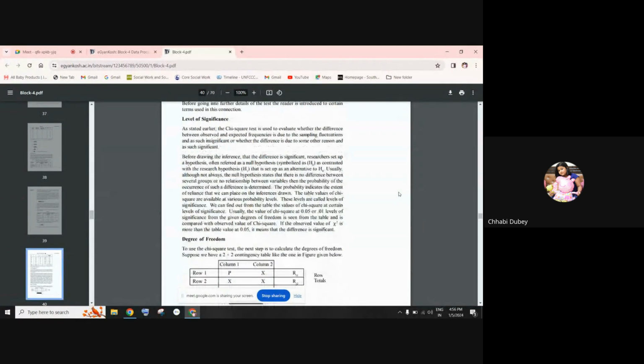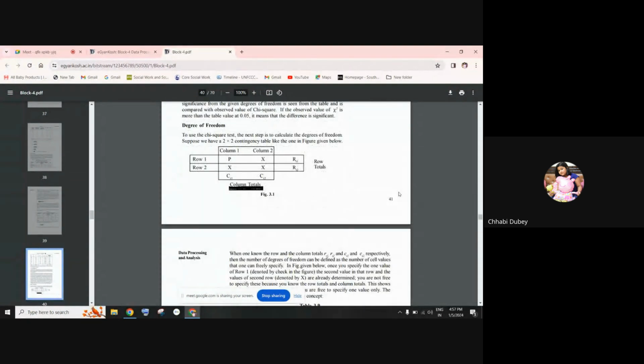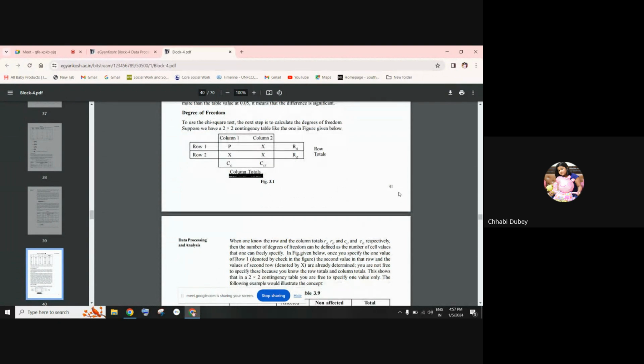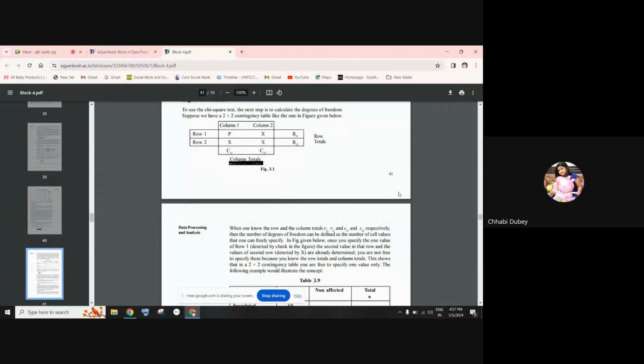After this, there's another concept which is known as the degree of freedom. To use a chi-square again, the next step is to calculate the degree of freedom. Here, the degree of freedom is basically when we